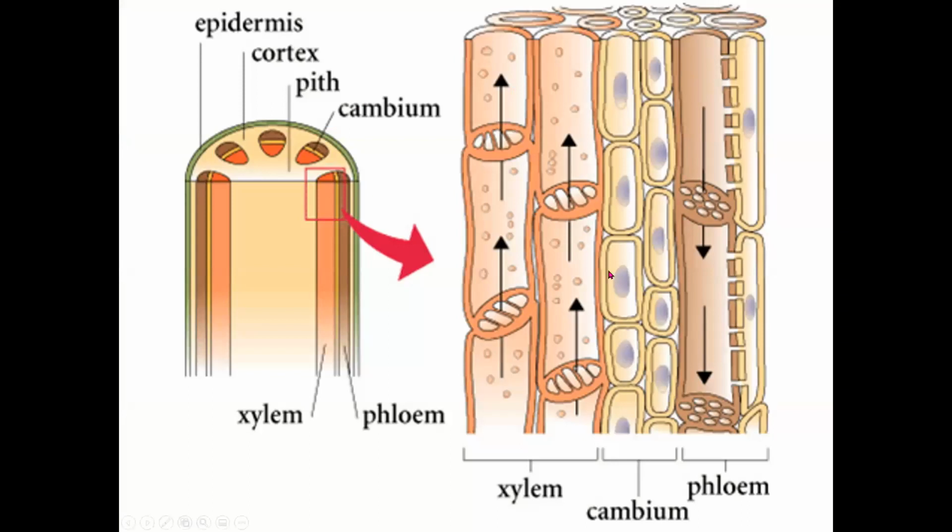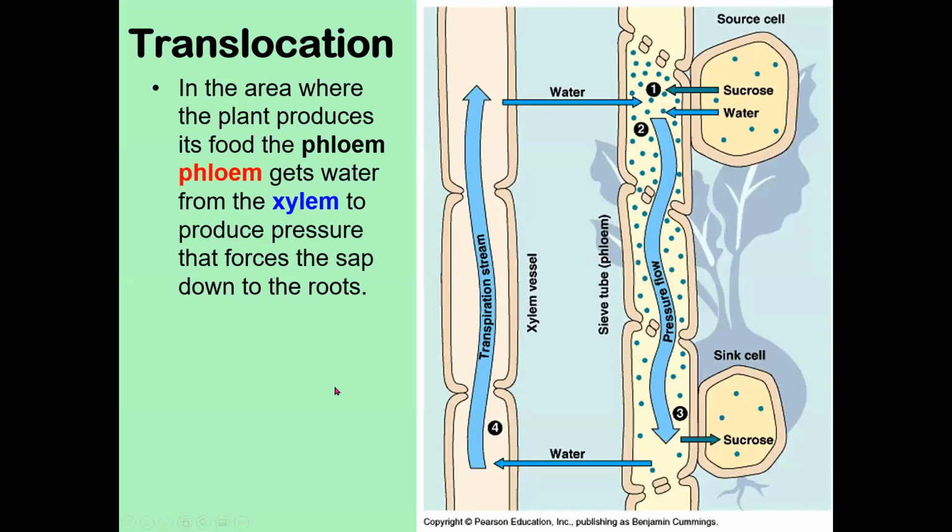So here's another diagram, the same idea again, just to reinforce it. So we have the xylem, the cambium, and the phloem. It shows you the relationship here. Now, with translocation, they said no energy is required. So this is the top of the plant, and this is the bottom of the plant. The top of the plant makes the sugars,